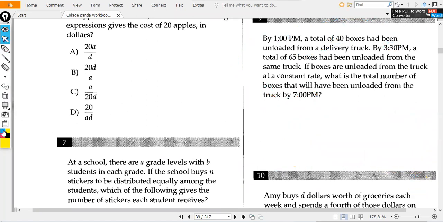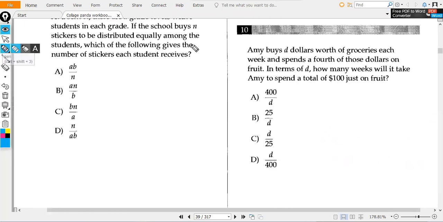Now, let's go to question number 10. Amy buys $D worth of groceries each week and spends a fourth of these dollars on fruit. She spends one fourth of D. For example, if the number of dollars is $20, she will spend 1/4 times 20, so $5, to buy fruit. Now, in terms of D,